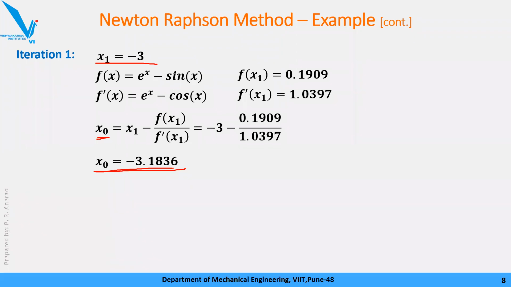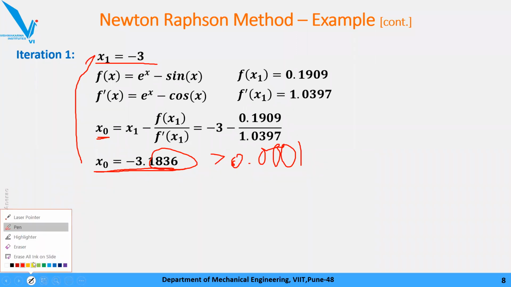Okay, उन्होंने दिया है, देखो प्रॉब्लम स्टेटमेंट में they have specified that error should be less than 0.0001, उससे कम होना चाहिए. अब देखो यहाँ पे एरर कितना है, इन दोनों का कंपैरिजन. एरर कितना है? -3 minus -3.1836. So error comes as this value 0.1836, which is greater than 0.0001. मतलब we need to do some calculation again, more iteration.